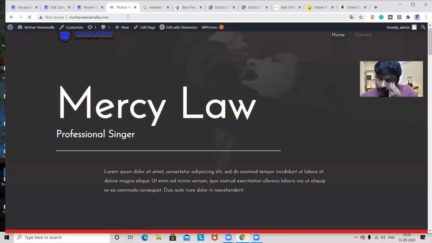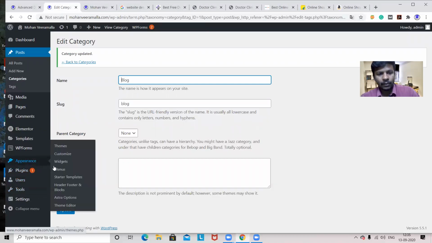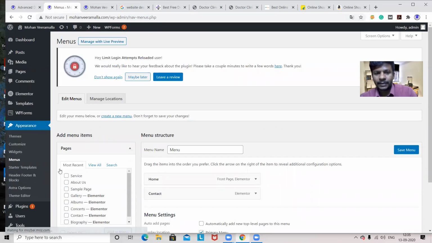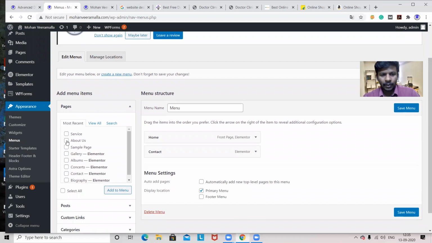So this is a page here. Now I created about, service and blog, but they are not available. For that I have to do some process, then only it will be available. So I'll go to appearance and then menus. Why? We want to make some changes in the menu, so that's why we are going into the menu again. Here, see, just now we created about us. I want this about us in the menu, so I selected it. I want services also. We created blog, is it available here? No, it's not available here.